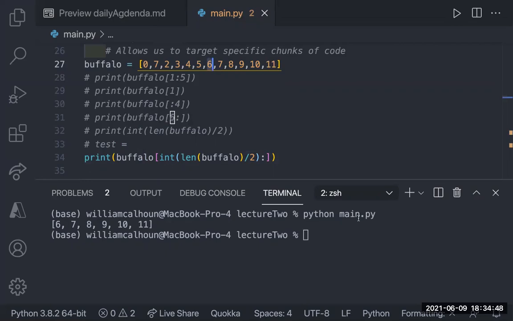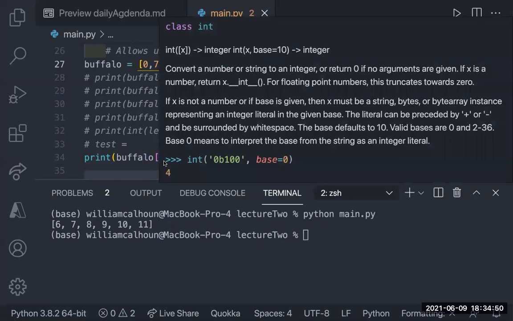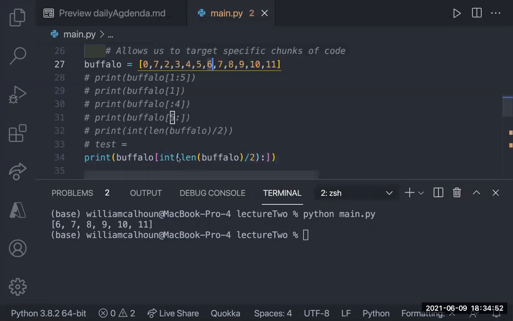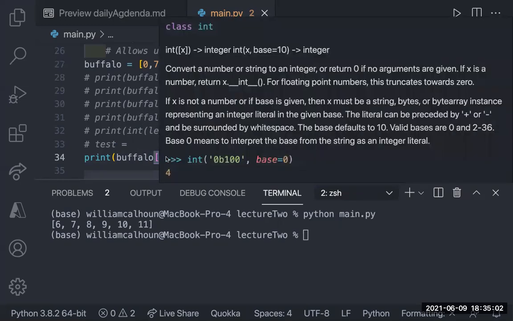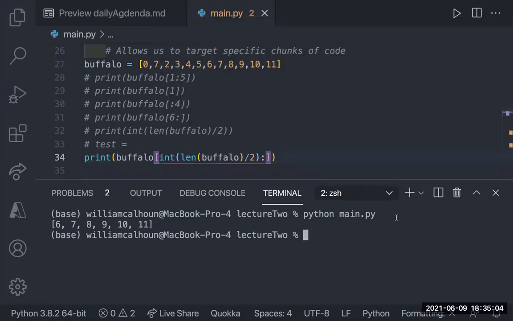So what we did as a workaround is we typecast the value, which we now know is 6.0, to an int, which makes it just 6 evenly. And so now Buffalo of all this is the same thing as saying this.